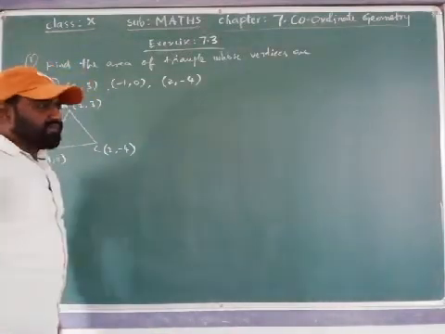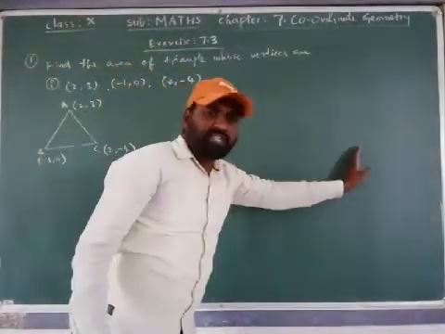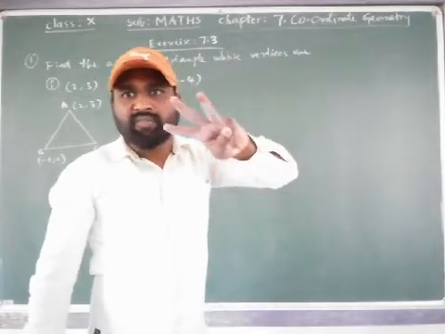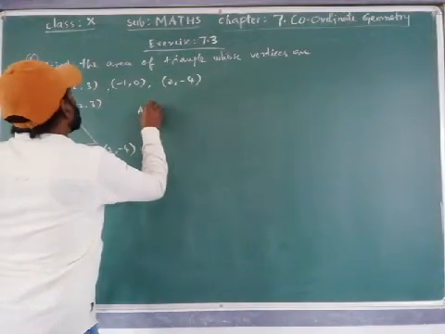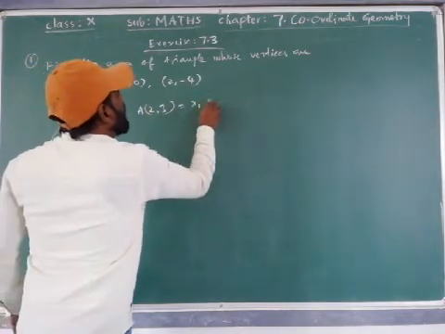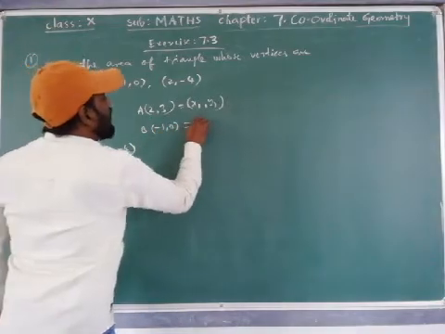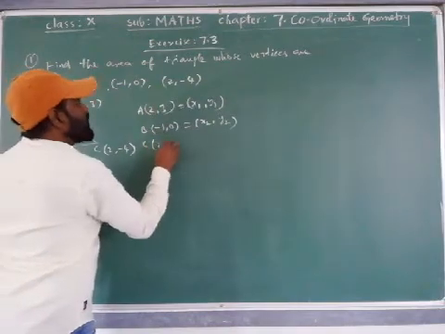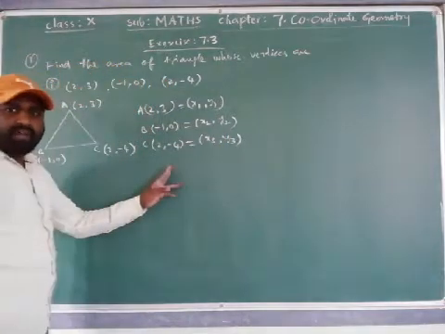Now, how to find the area of the triangle? Just now I told you the 3 situations. Which situation is this now? The third situation which we have now. Recently I explained, where the 3 points are the vertices of the triangle. So let us take these 3 points: A (2, 3) as x1, y1. Then B, what is that? (Minus 1, 0) as x2, y2. C, what is C? (2, minus 4) as x3, y3. These are the 3 vertices of the triangle.